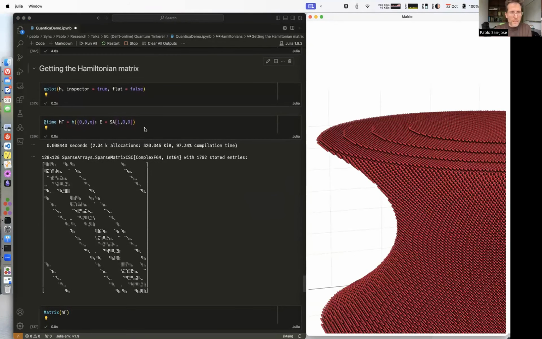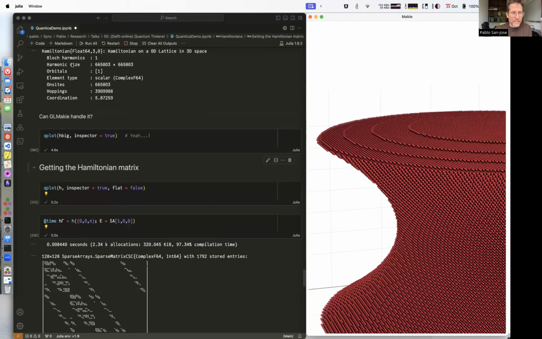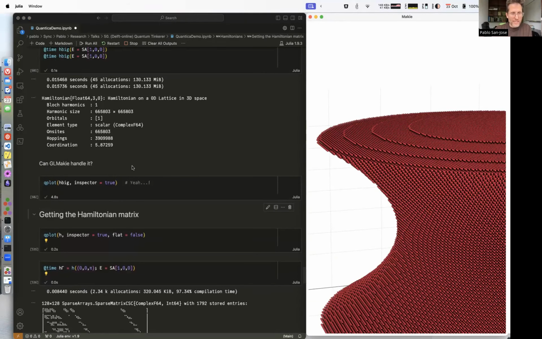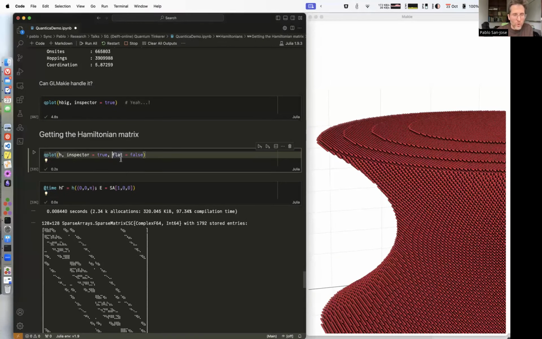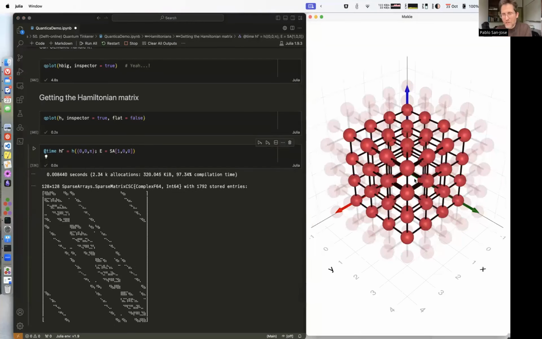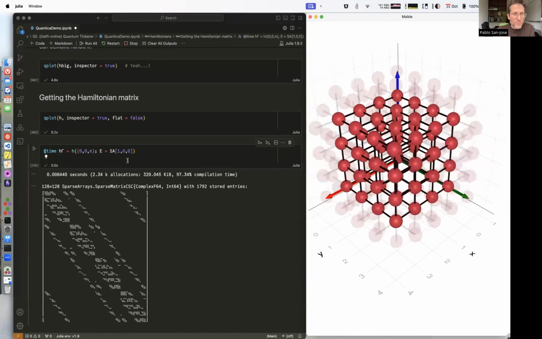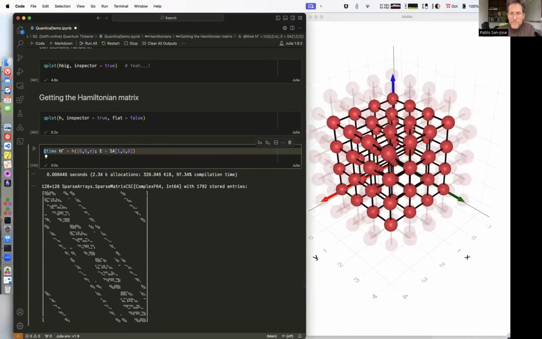Okay, so I showed that you can instantiate parameters like this with the call syntax, but how do you get to the actual matrix of a Hamiltonian? How do you get the Hamiltonian matrix? I'm going to use this Hamiltonian now, the one we did before. Okay. So if I want the matrix of this 3-dimensional system at Bloch momenta 0, so Bloch phases 0, 0,